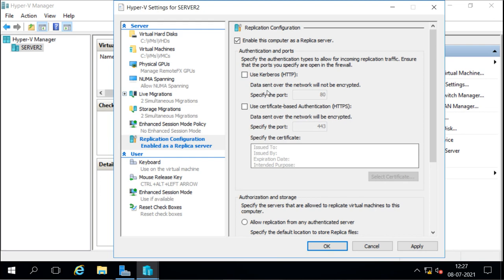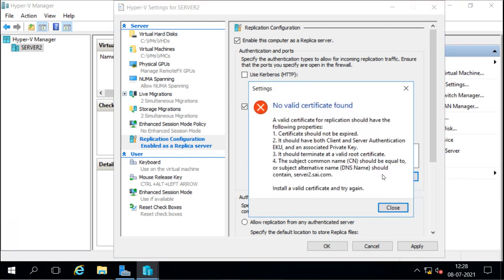You can get the replication through port number 80, which is not secure. Not secure means that when data goes from one server to this server, that data will not be secure because it is coming through port number 80. But if you want secure communication, then you need to enable HTTPS. Now for using HTTPS, it will use port number 443. For this we need the certificates, and we need the certificates here.